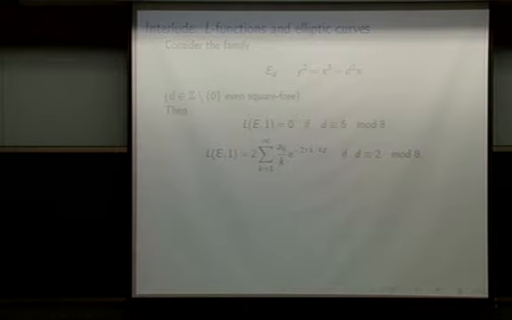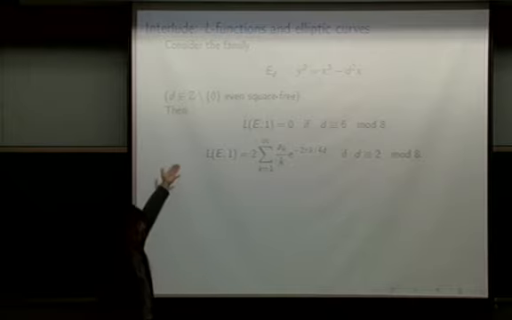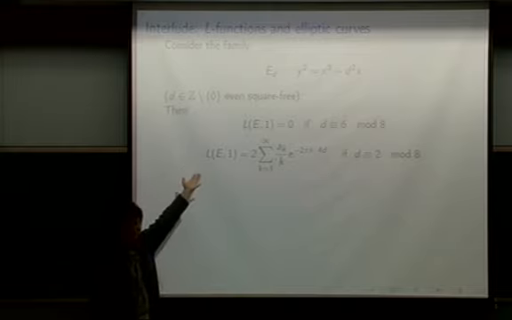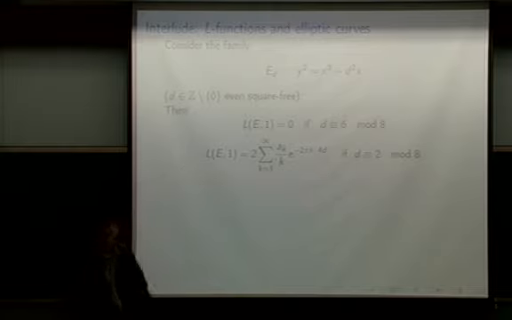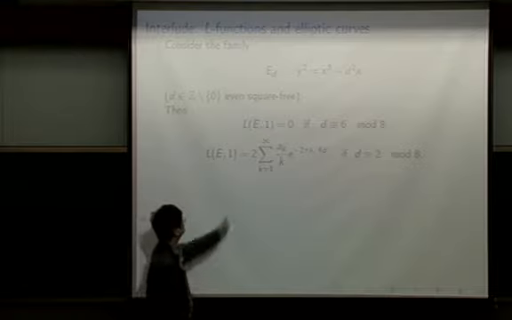So if you compute the L function, the value at 1 for this curve, here's what you get. This is just a formula; one can figure this out. Now, L(E,1): when d is even, then looking at it mod 8, it's going to be 2 or 6 mod 8. Since it's also square-free, it can't be 4 mod 8. So it's going to be 2 mod 8 or 6 mod 8. Now, if it's 6 mod 8, the value of the L function, defined using the strange integral, at 1 will always be 0. When d is congruent to 2 mod 8, this is a formula for it.